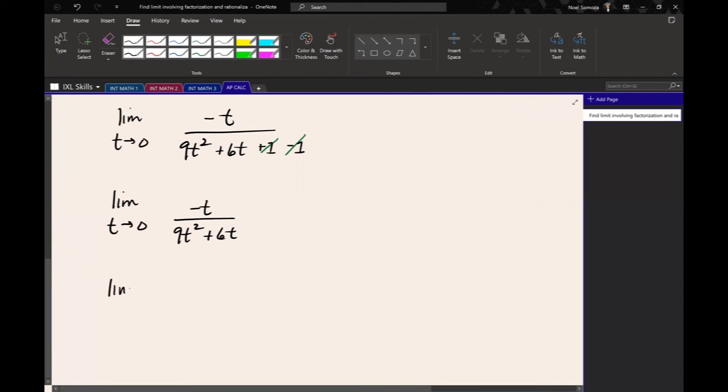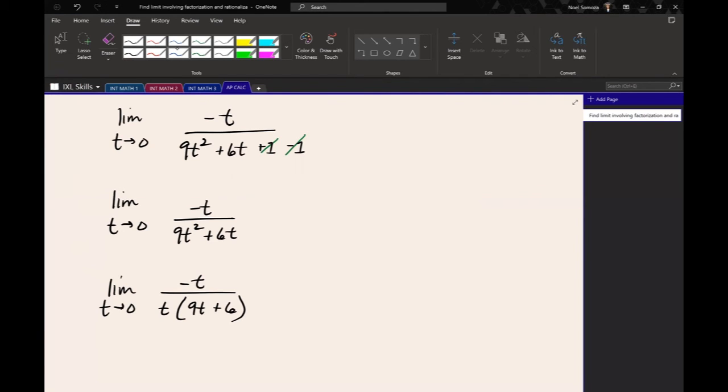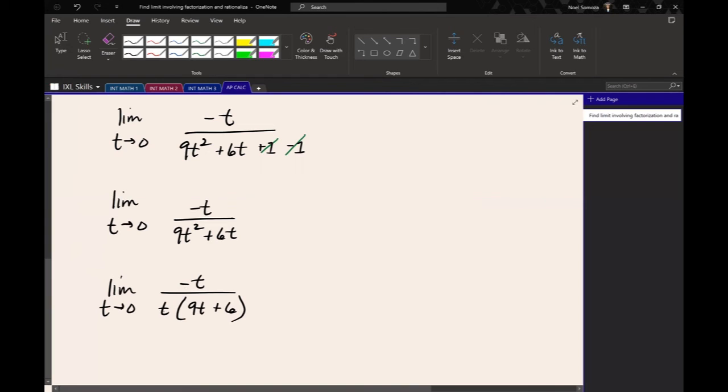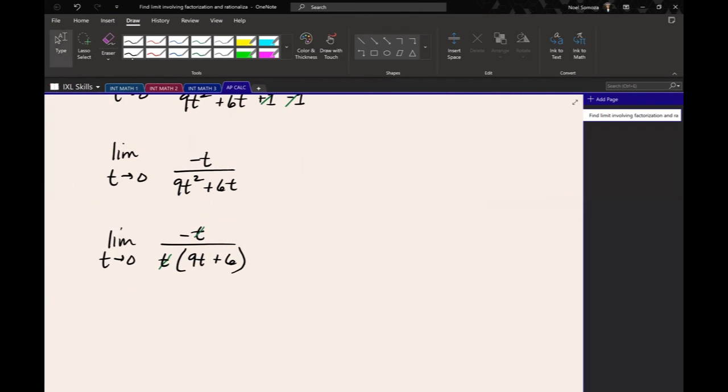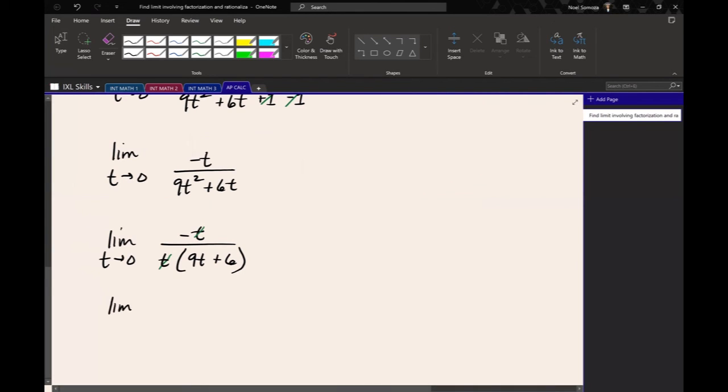So as t approaches 0, negative t all over, I'm just going to factor out a t. Okay, I'm going to factor out a t. That leaves me with 9t plus 6. Okay, by factoring out t, now I see that I have t over t, and t over t reduces down to 1. So what we end up with is a limit as t approaches 0 of negative 1 all over